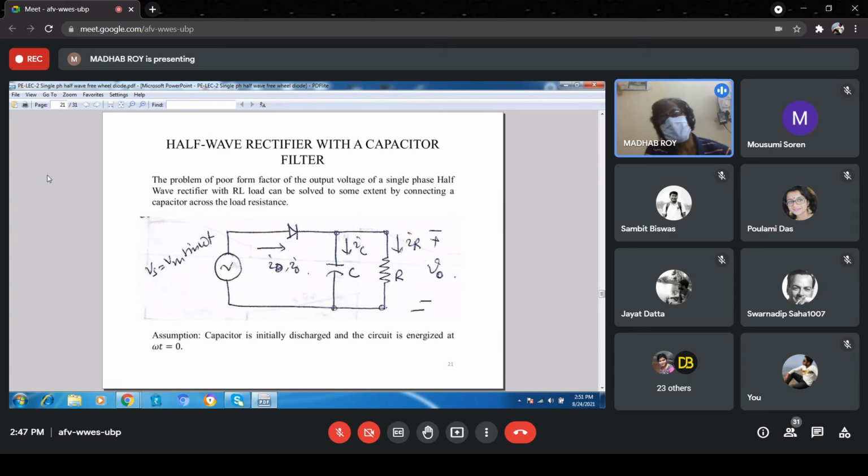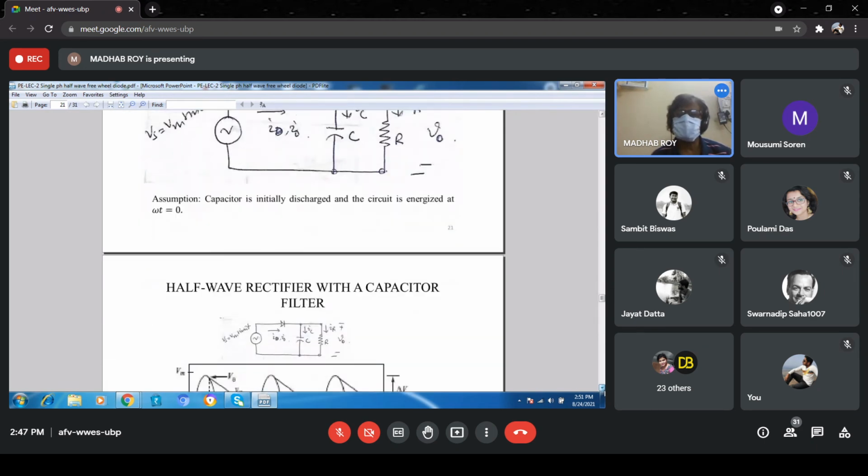So this property will be applied here. This is called C dV/dt. Any dV/dt here will be opposed depending on the value of C. So how will it be opposed? Normally a capacitor is charged and discharged. The amount of charge in the capacitor depends on the voltage applied. So this is called charging and discharging. We know the basic equation, so it depends on the charging and discharging of this capacitor.